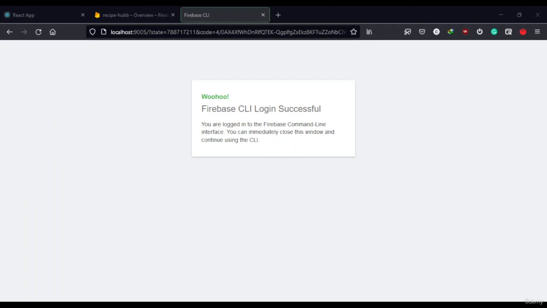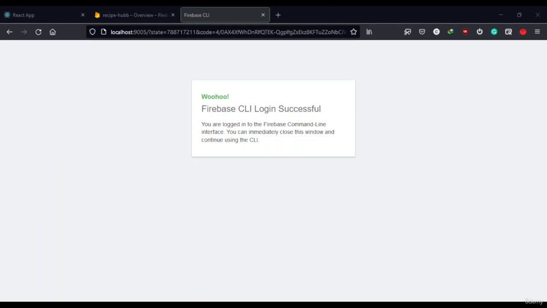Now we'll go to hosting, and you can navigate through arrow keys, remember. So now you can go to hosting and then press the space bar to select hosting, and then you have to just click enter. And you will use an existing project. Yes, use an existing project. Recipe hub, as you can see, there is only one project, recipe hub. You need to just click enter, because if you have more than one project, it will show you